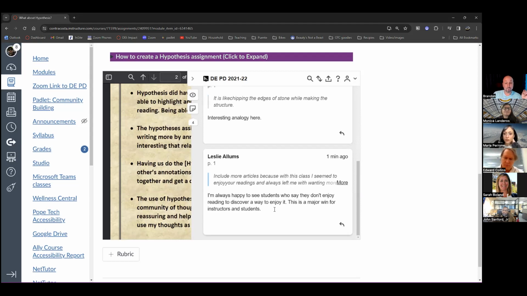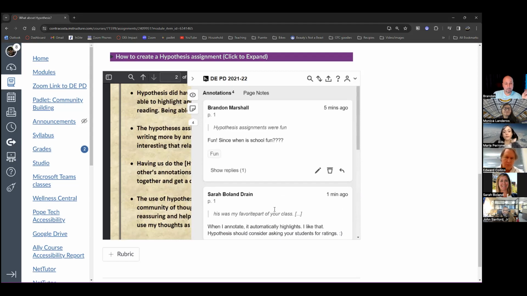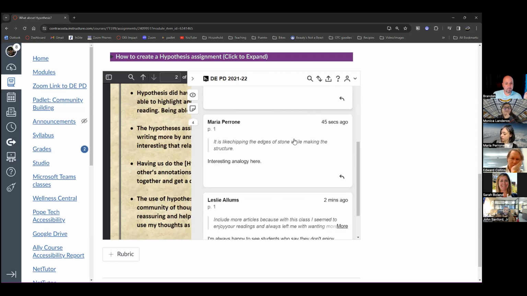I don't see that on my end. Is that because I'm not supposed to as a student? Let's wait for someone else to post. Are they automatically populating for you? No, I just have the search annotations and sort by newest. I only see mine and yours, not the others you added.